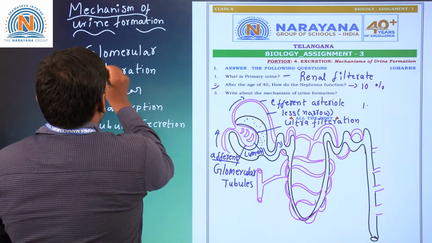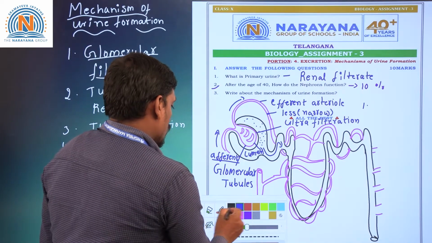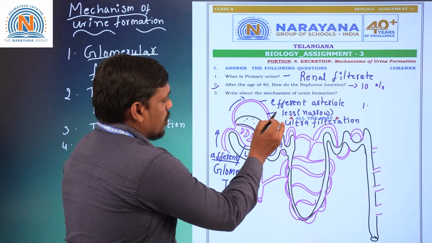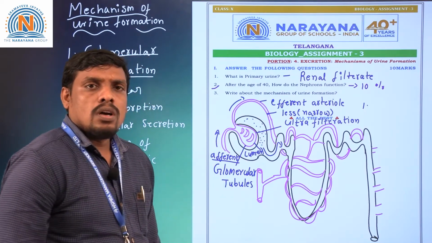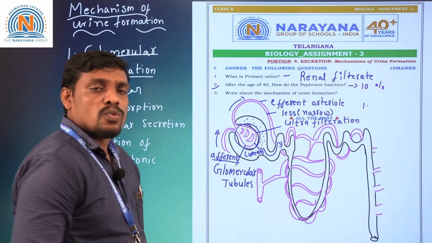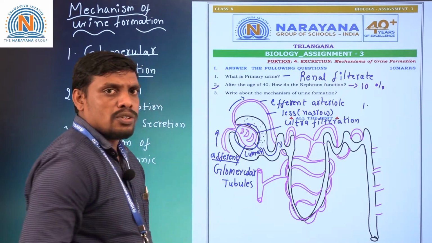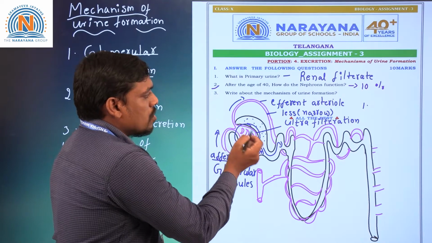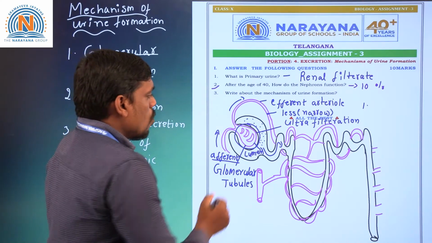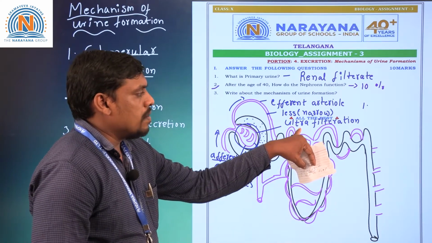First step, students, is filtration that takes place inside the glomerular tubules. Exactly, you can see the glomerular tubules here. Fine microscopic tubules formed by the afferent arteriole and efferent arteriole in the Bowman's capsule are called glomerular tubules. These red color microscopic thin network of tubules are called glomerular tubules. While the blood flows from afferent arteriole to efferent arteriole, blood pressure increases inside the glomerular tubules. While the blood pressure increases in glomerular tubules, pressure filtration takes place at microscopic level, hence it is called